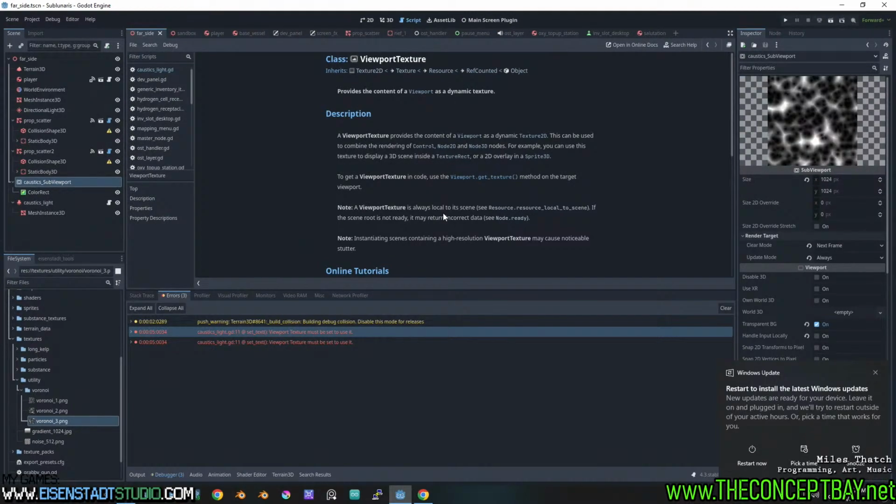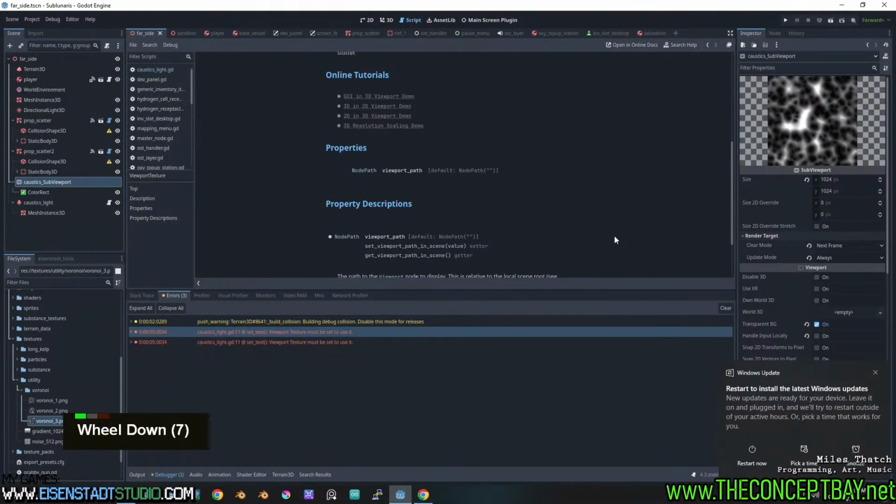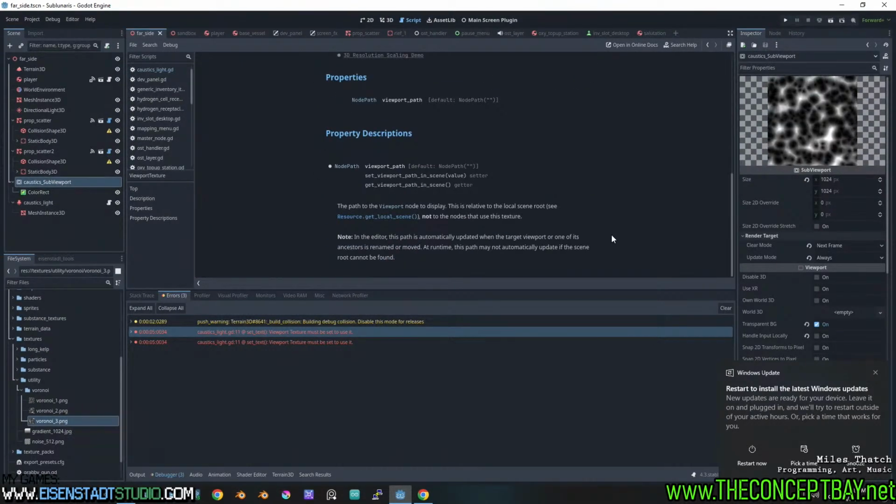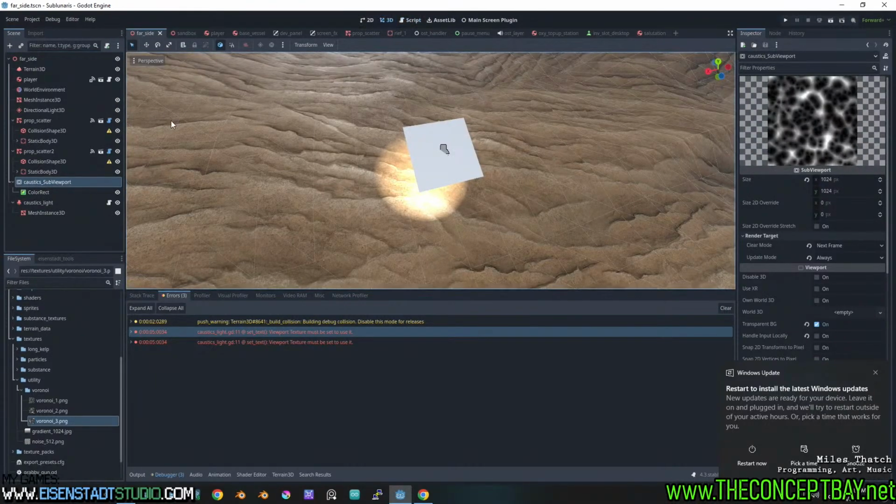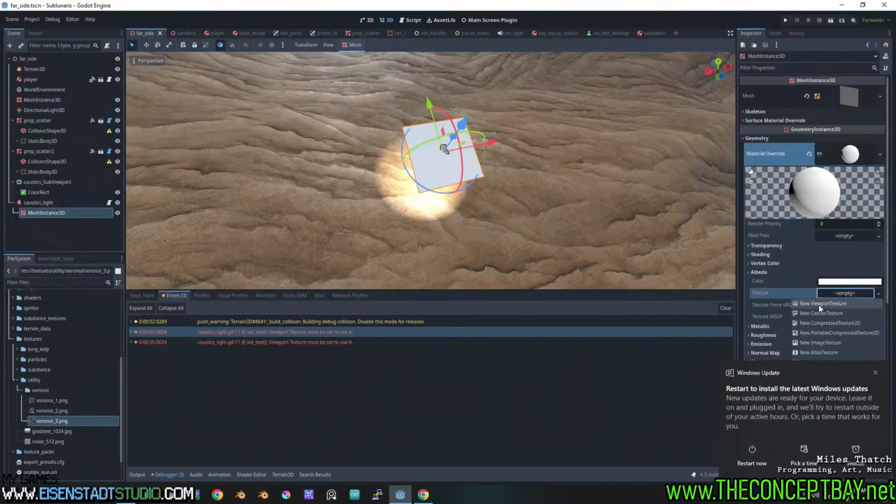A viewport texture is always local to its scene, resource local to scene. If the scene root is not ready, it may return incorrect data, which might be what's happening here. Instantiating scenes containing high resolution viewport textures may cause noticeable stutter. The path of the viewport node to display is relative to the local scene root. Okay. Let me, for a second,